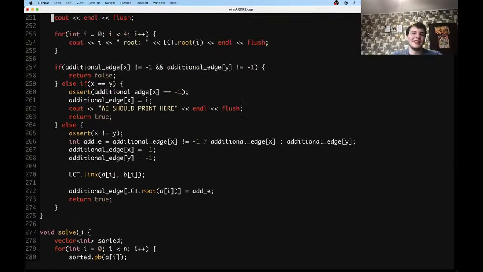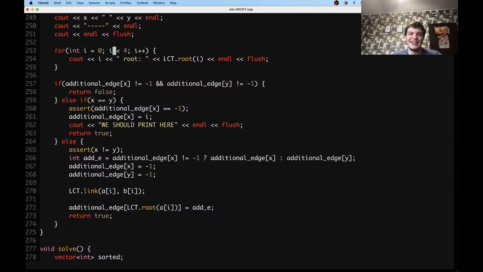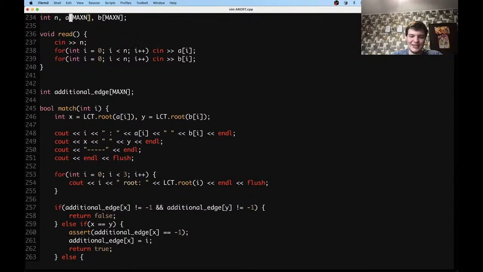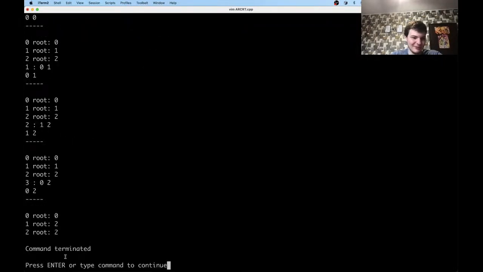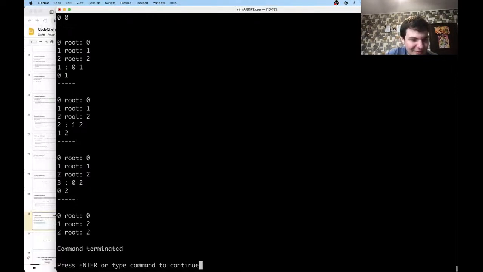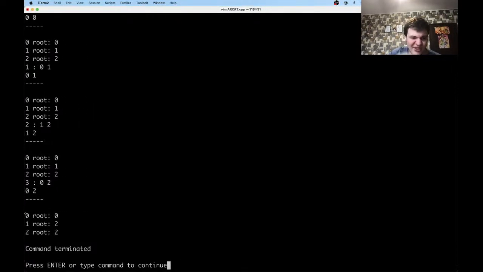Yeah, this was actually a very sad thing. It was crashing because I don't have the node free. It wasn't crashing. Yeah, cool. It was crashing because I was printing 4 integers and not 3. Yeah. Okay, so we have that the root of